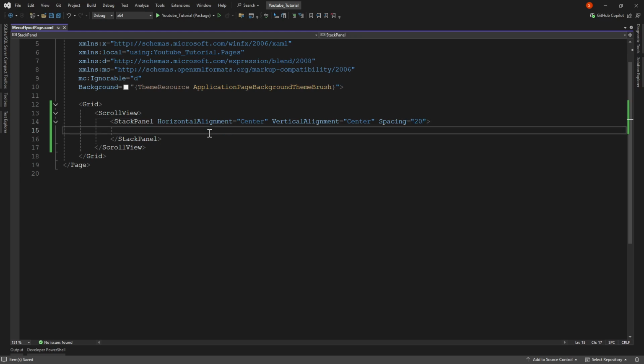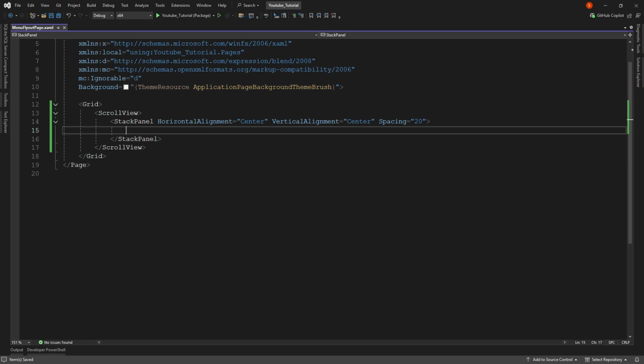Before I write the menu flyout, I just tell you that the menu flyout is always the child of some content or some element. The menu flyout can be the child of the app bar button.